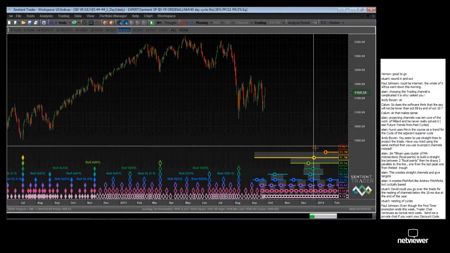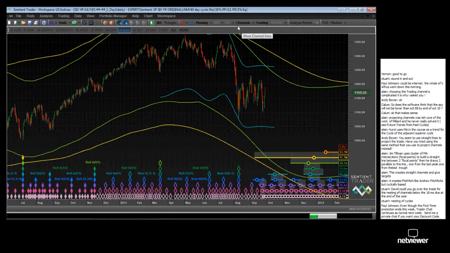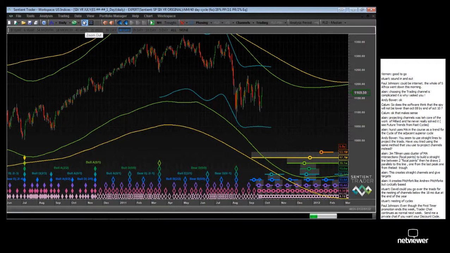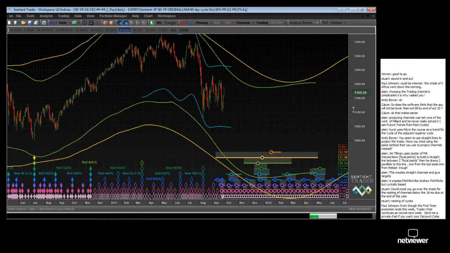The 20-day cycle is due in 89 bars' time on the 25th of December, Christmas Day. So somewhere around about that time, within that period, we're expecting a trough of the 18-month cycle. Now, of course we're expecting the market to move down towards that trough. So let's have a look at what our channels say about that. And generally with channels,